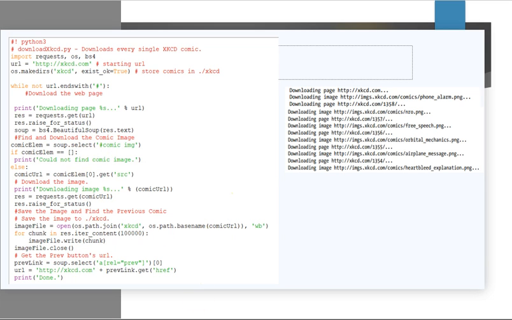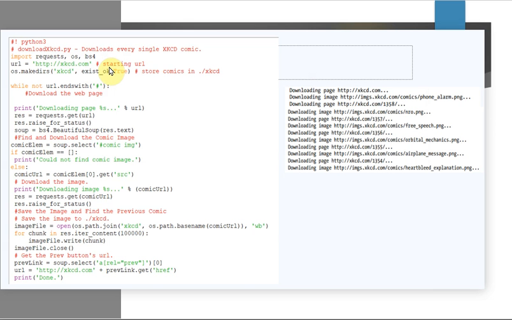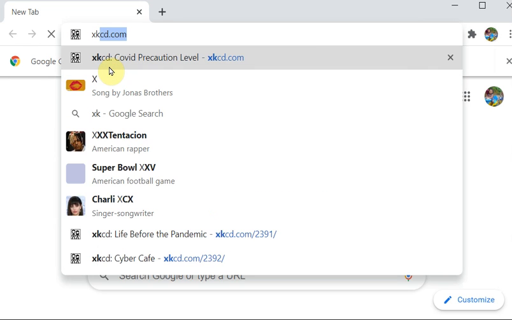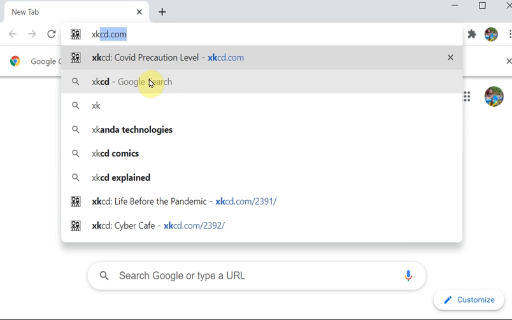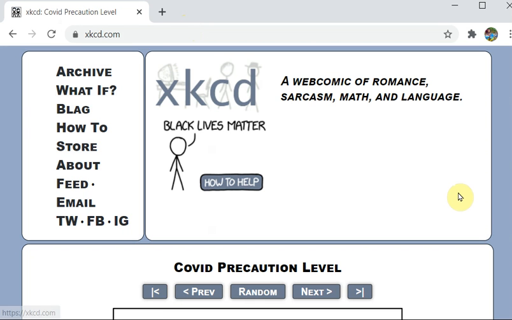So I'll open that XKCD once again. You can see this is your XKCD website.